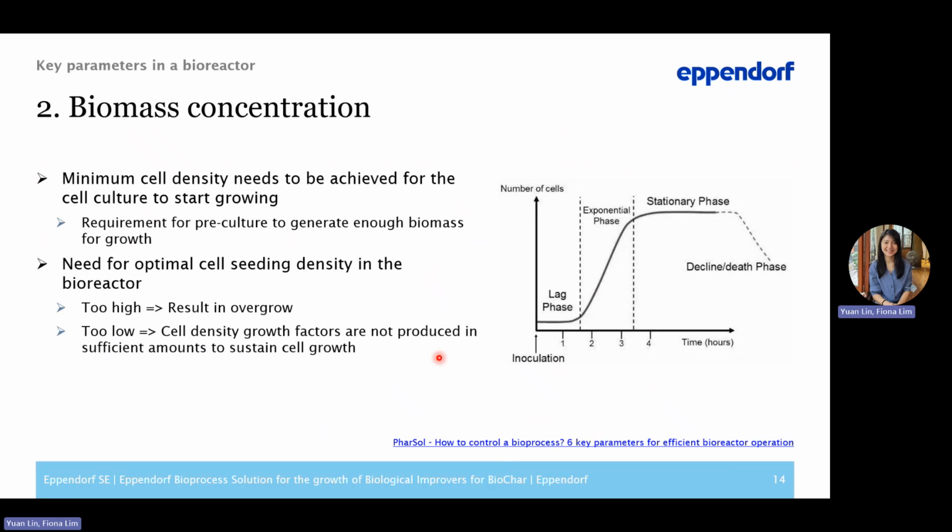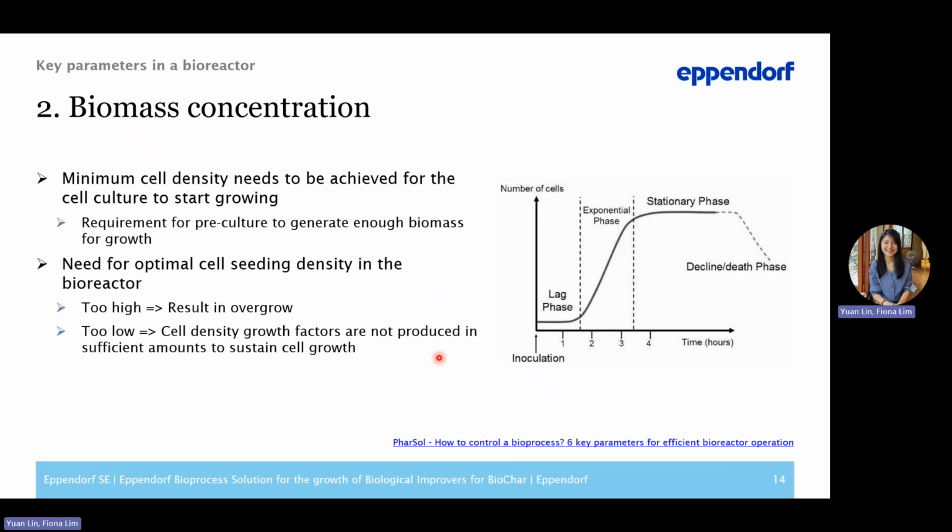The need for optimal cell seeding density in a bioreactor is also important. The guideline is typically 5 to 10% of the total working volume of the bioreactor that you will be running. This is because if you introduce too much organism into the bioreactor, it would more often result in an overgrowth of culture, which means that your cells will actually start competing with the amount of nutrients that you allow them to have in the bioreactor, and the end result is that the culture performance will be reduced because of the